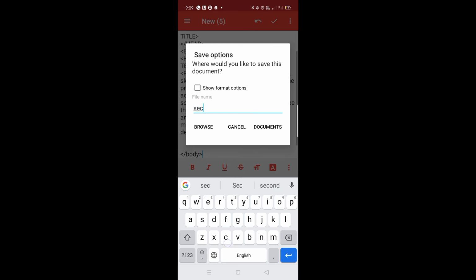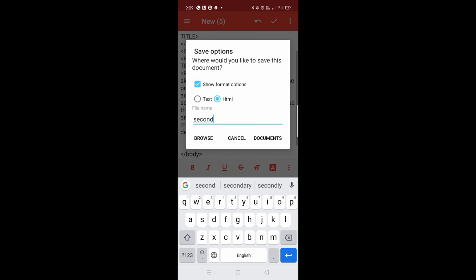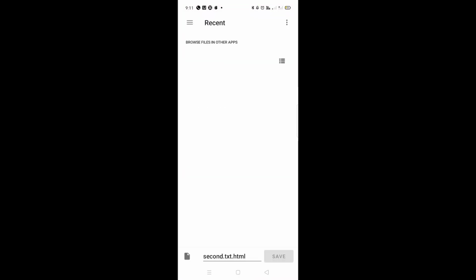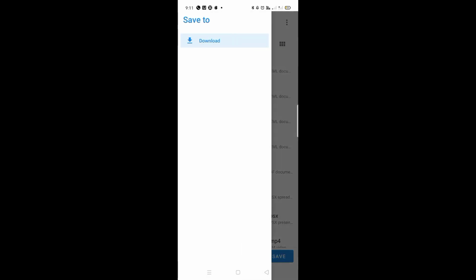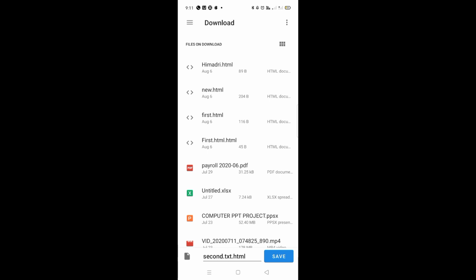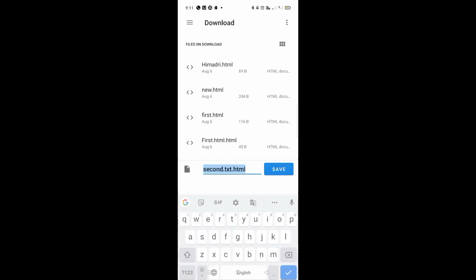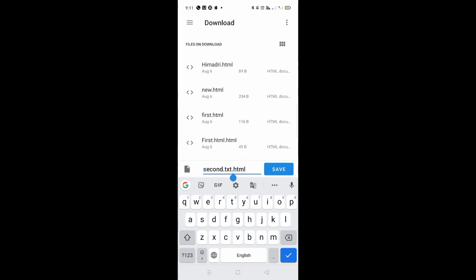By default it was new, so I'll change it and make it second, and don't forget to give the extension, that is .html. After that you have to check it properly with the extension .html. You check it, it is coming .txt, so we have to delete .txt, just write second.html.